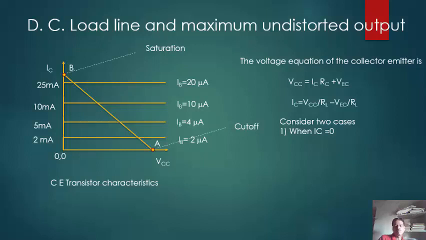At point A the collector current is equal to 0, and when we substitute the value of IC equal to 0 in this equation, that equation is IC is equal to VCC divided by RL minus VCE divided